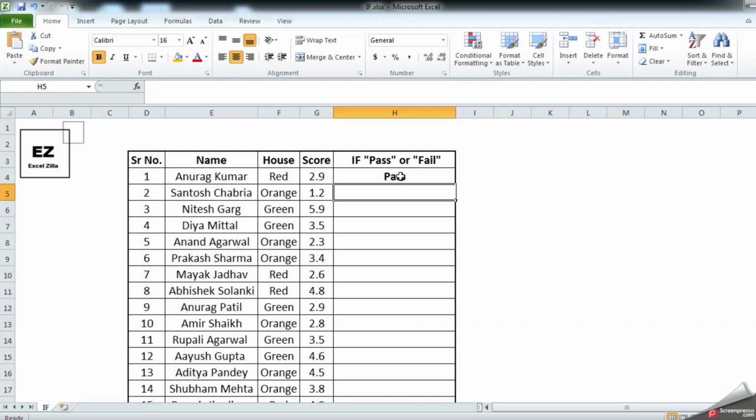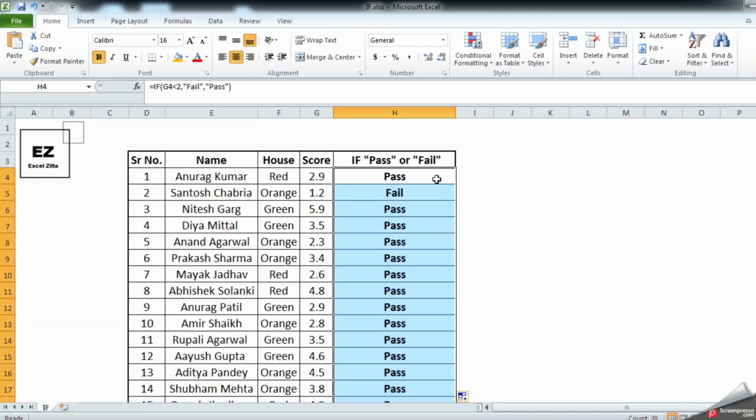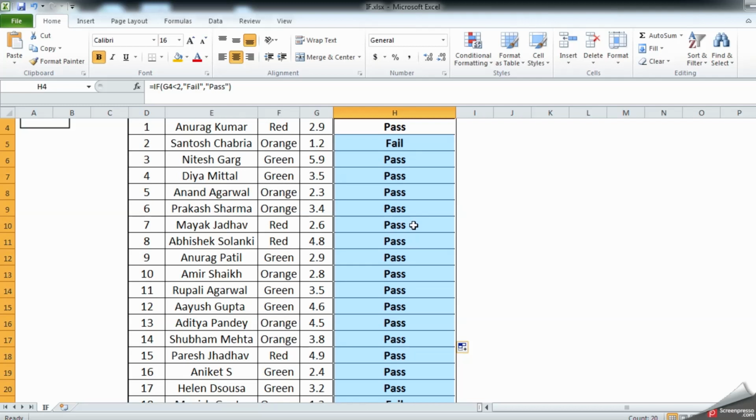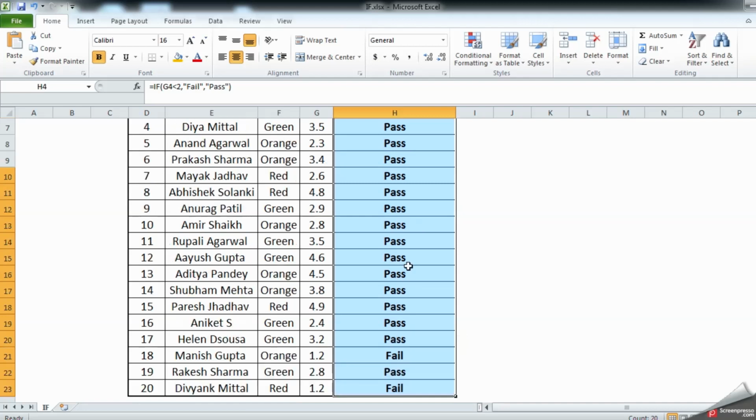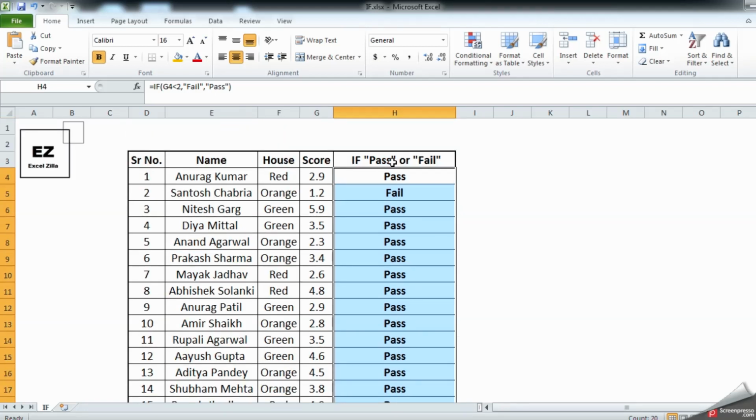Similarly, you can just click over here and look for the plus sign and double click. Excel will understand to copy and paste for the rest of your column. See, wherever the value is less than 2, it has marked as fail. The pass and fail, you can use as accepted or rejected or anything which is suitable as per your requirement. So it is up to you. It's free flow text. Remember, all the free flow text should be in double quotes, and this is how you are going to use this formula. If you have any doubts and questions regarding this formula, please post under the comment box.